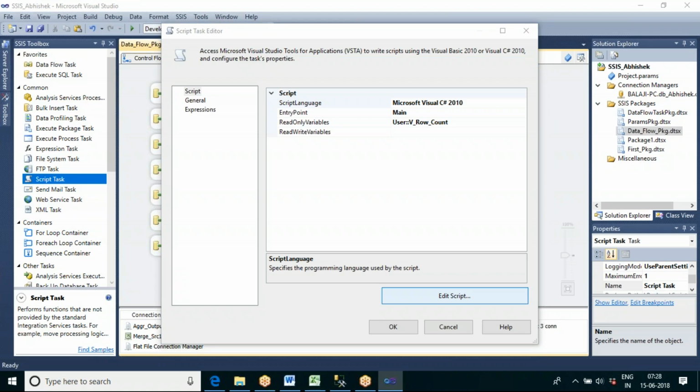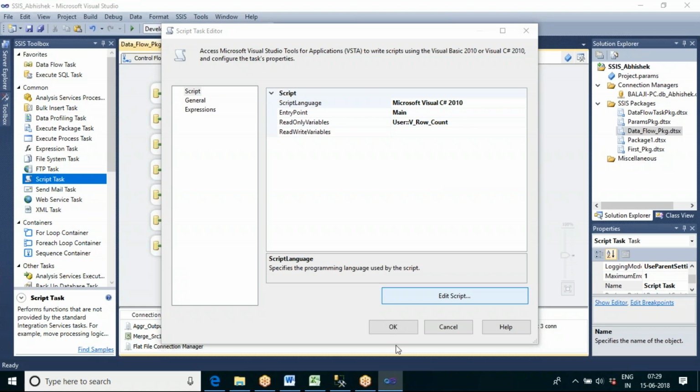If you are a .NET developer, they have given specifically the script task, the script transformation, and the script component, so they can write their own code for applying the merge join, for applying the union, for applying calculations, and all.